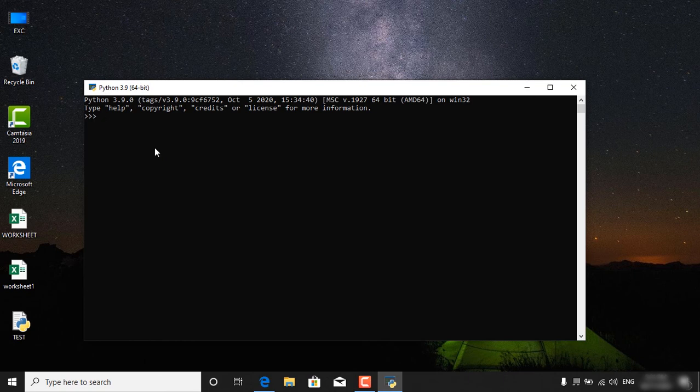Once we click here, we can see the Python terminal, and here also let's print hello world. So we'll type print, and we'll type hello world, and once we enter, we can see the result here, hello world is printed. So we have tested this Python terminal also.